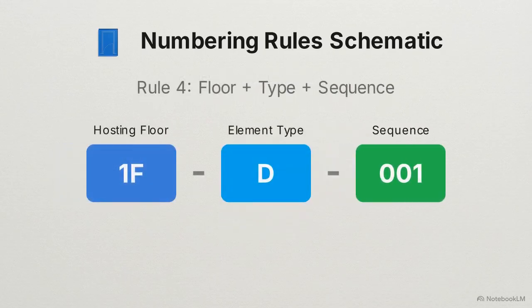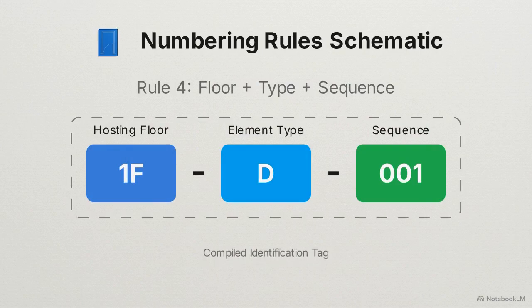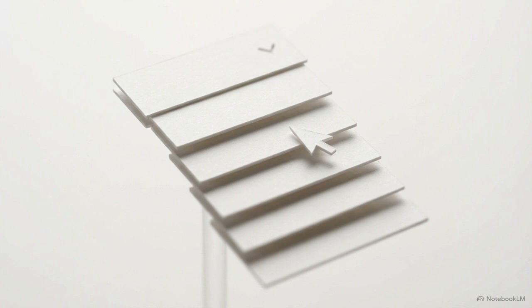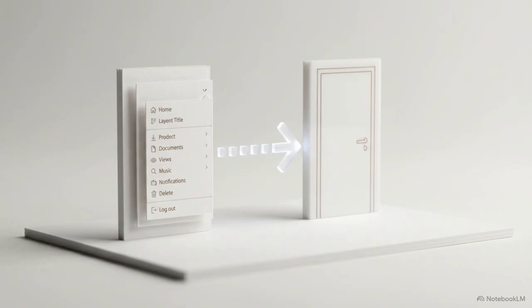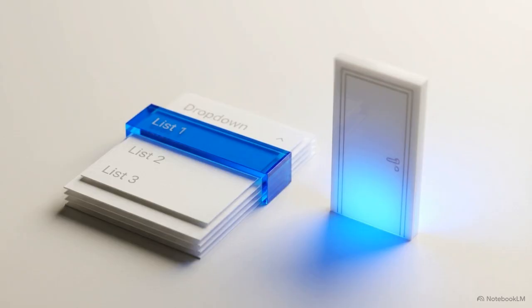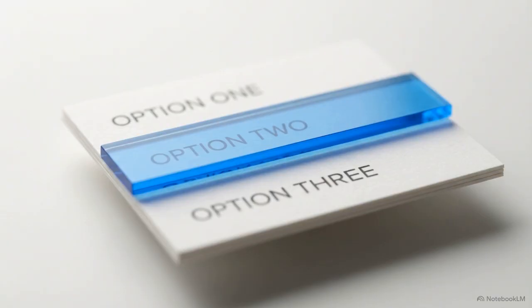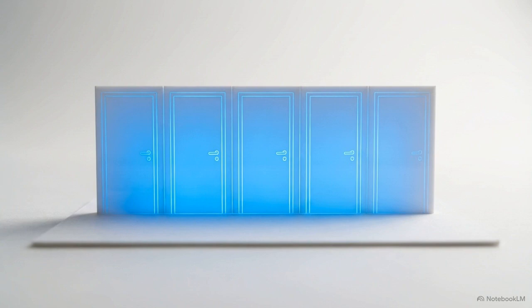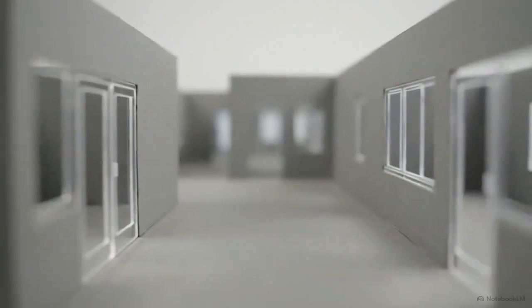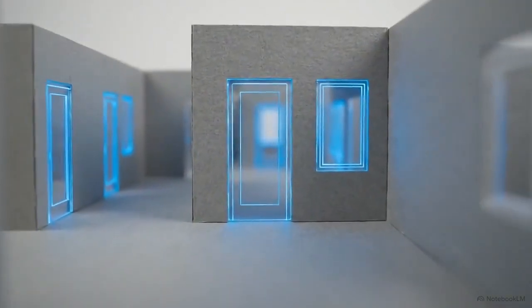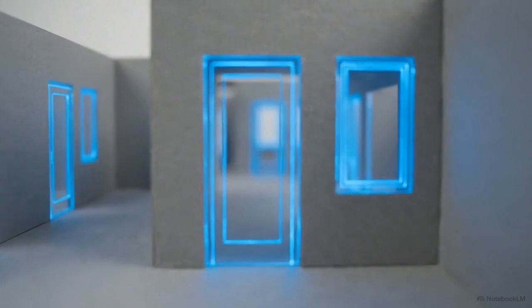Rule 4 weaves floor, element type, and sequence, 1F-D-001. Once you select your rule, you must map the parameter. This step dictates exactly where your new sequence will be injected into the Revit model. You can write the data to the mark parameter, which uniquely identifies a single physical door. Alternatively, you can write to the type mark parameter, which applies that identifier globally to every door of that model family. Strictly defining your target elements, sequence rules, and destination parameters up front prevents incorrect data from cascading across your